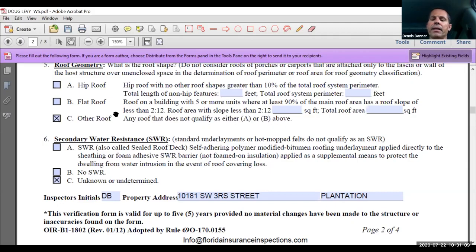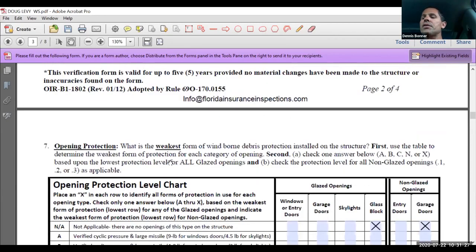So it's not that big a deal, but every dollar counts. So people will take it seriously. Someone says they have it and they want to get the discount, you have to humor them and look through their documentation and do your best to get it for them. So opening protection, that's a big one,